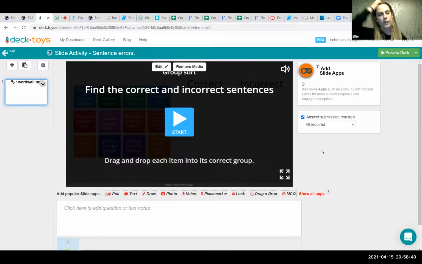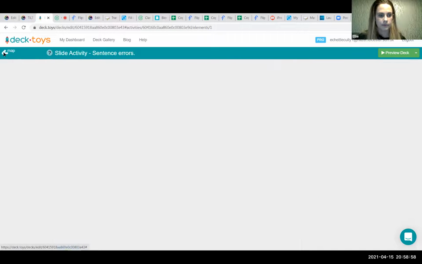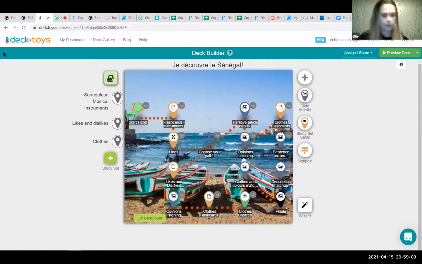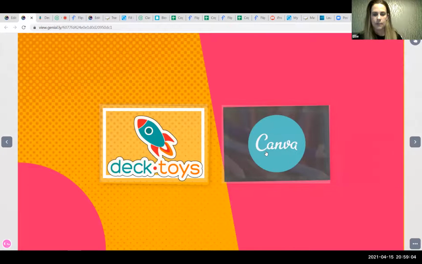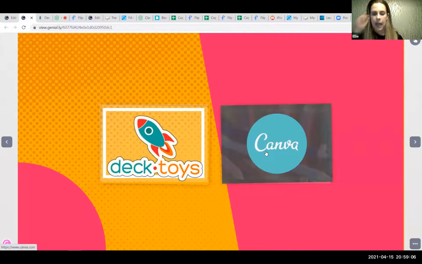So it's a really nice way of bringing in revision activities that children have already seen, that they're quite familiar with, and seeing if they can do it again, basically. And the leaderboard, when they do access it through Deck Toys, will be populated again, so you'll be able to see which children have got the concept and which children haven't. I'm just aware of time now, so I think I'm pretty much finished, except just to mention very briefly